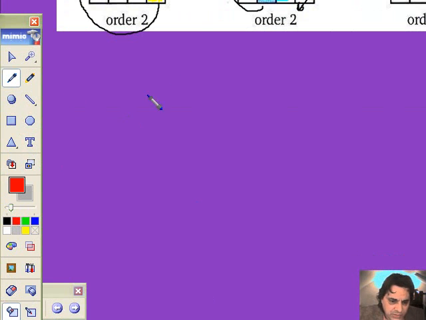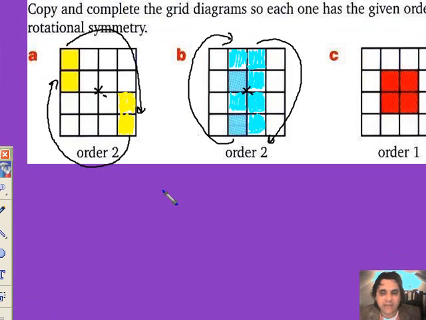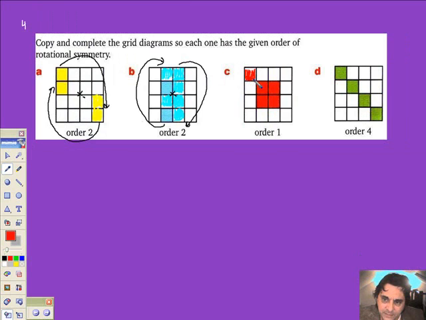Now, order of rotational symmetry 1. Anything has got order of rotational symmetry 1. Even if you have an uneven shape, an irregular shape, and you spin it round once about a certain point, it will go back to itself eventually. So in order for this to have order rotational symmetry 1, I could shade this first square red. Now look, if I was to spin this